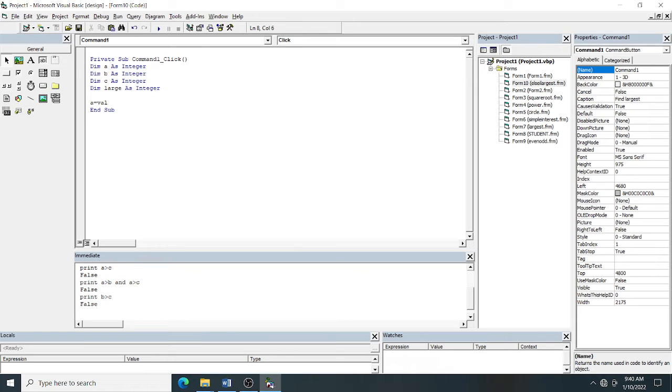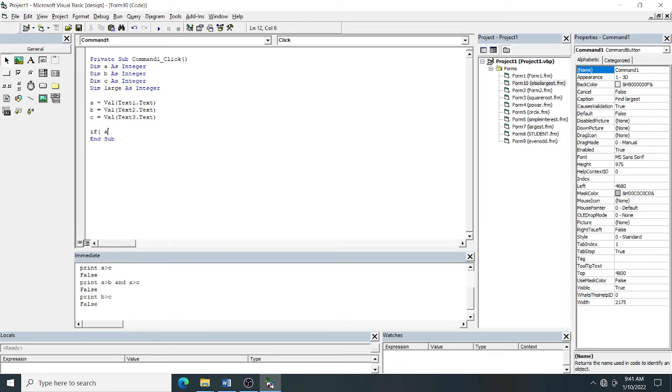I'll convert it into numeric form using Val and store it in variable A. I will store the Text2 value .Text in B variable. In C variable I will convert Text3 into numeric form and store it. Now you have to type your else if ladder directly.